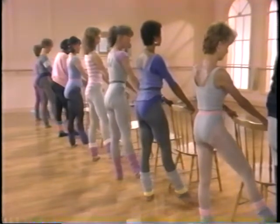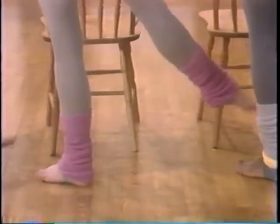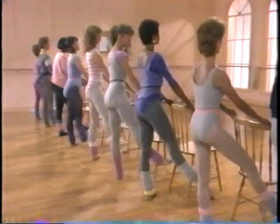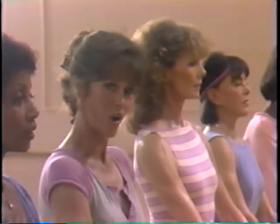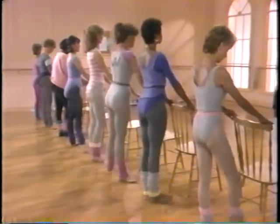4, and now flex and point, really work the foot. 3, point, flex and point, work that leg and the ankle. 6, 2 more, 7, last time, 8, and the other foot, rotate out,